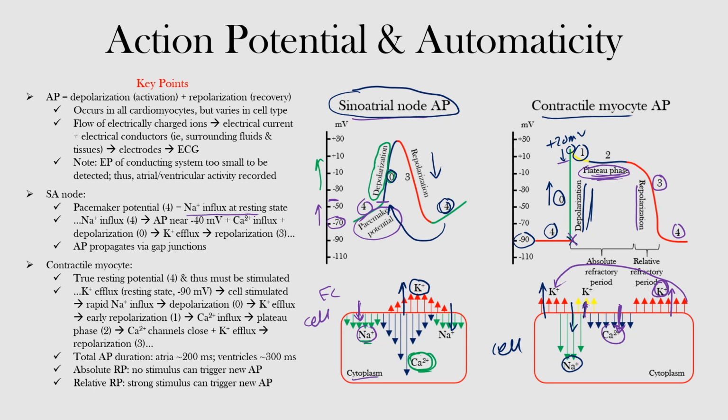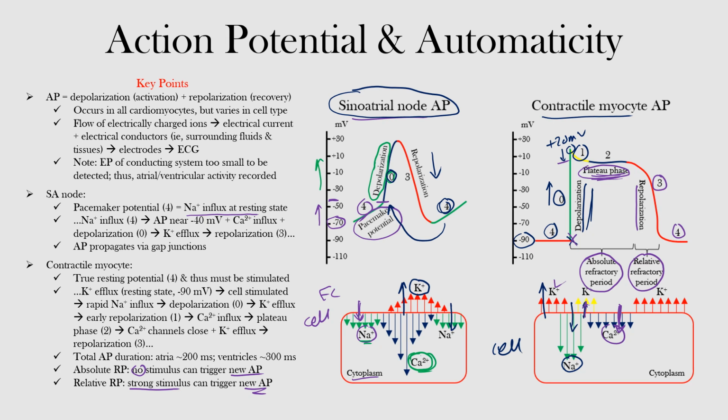However, during the relative refractory period, a strong stimulation may actually trigger a new action potential. So these phases are here. So this is the absolute refractory period, in which there's no stimulus that can trigger a new action potential. And then we have this relative refractory period, in which, if you have a strong stimulus, you can actually get a new action potential that starts over, and that will stimulate the whole thing, and this whole process will